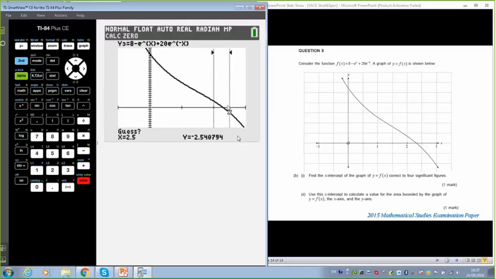No, it's black because we're using the black function on the graph. I don't want you to think that something's happened to my calculator. We don't need to guess it. So there's going to be 1 there. There's the value. Okay, now the next question says to find the integral, or the area obviously under the curve.